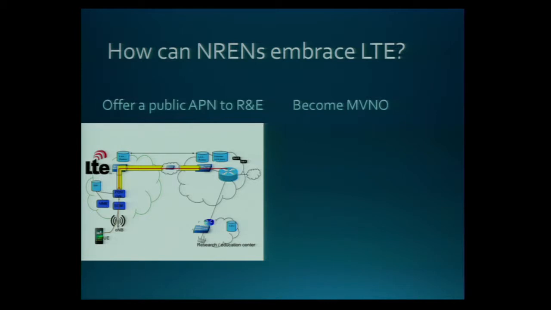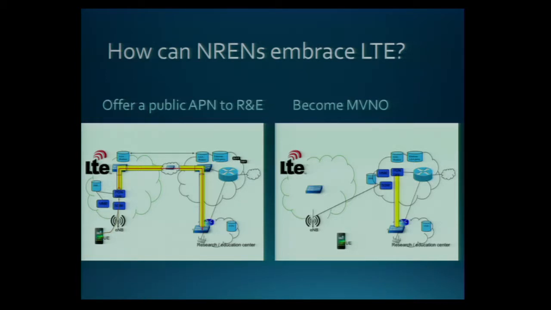Or alternatively, watch closely, you can switch it to the institute such that the institute can handle all the traffic and basically see this as one big giant Wi-Fi access point, because what they see is Ethernet traffic and RADIUS authentications to authenticate to the APN. And the alternative for the MVNO is that you move these boxes over here, the complexity, these functional entities, from the LTE network to your own domain and do the business over there and have, from a consumer point of view, a real virtual network operator.